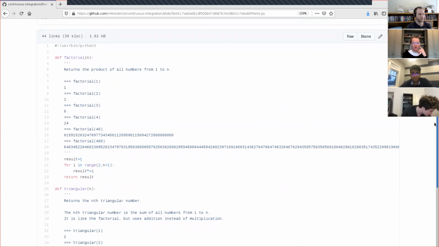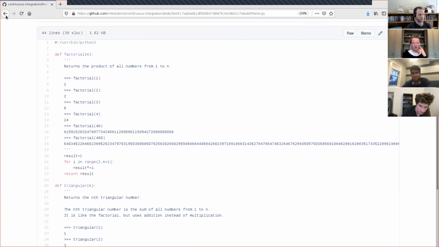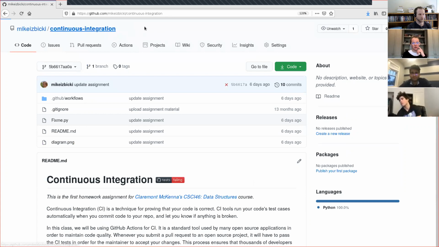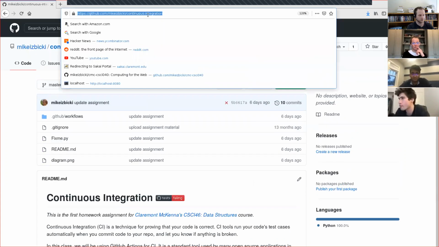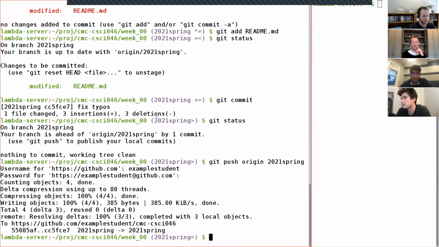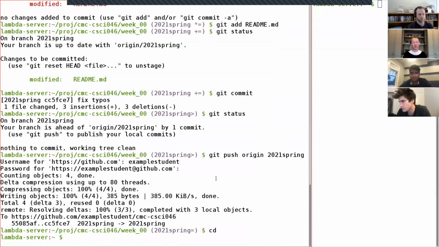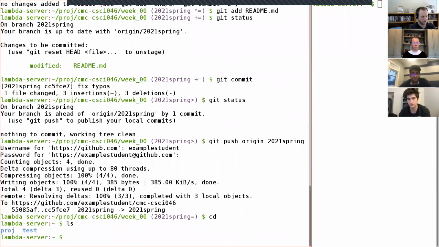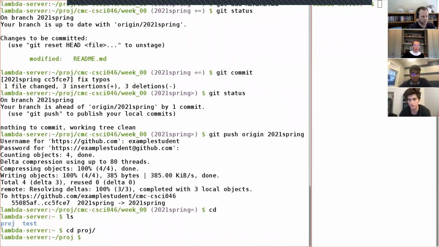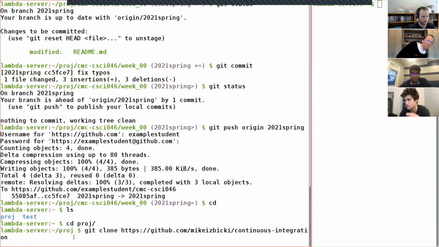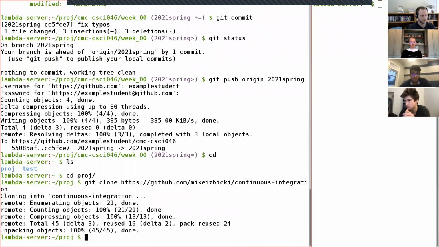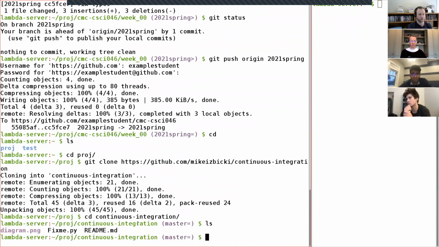Yeah, great question. So what I'm going to do right now is I'm going to go ahead and clone this project onto the Lambda server. So I'm going to go back to my home folder. Anytime you do cd by itself, it will take you to the home folder. And now we'll go into projects, and we'll do git clone, then that URL right there, cd into the folder. Here's all the files, and this fixme.py is what we have to modify. So vim